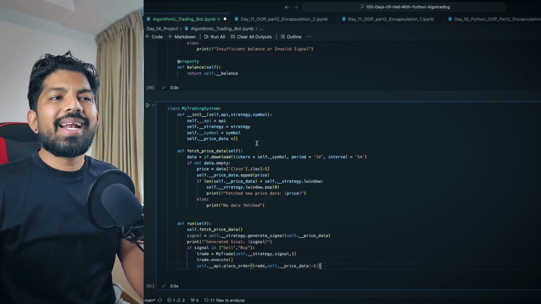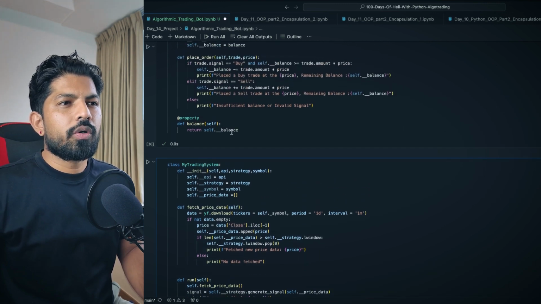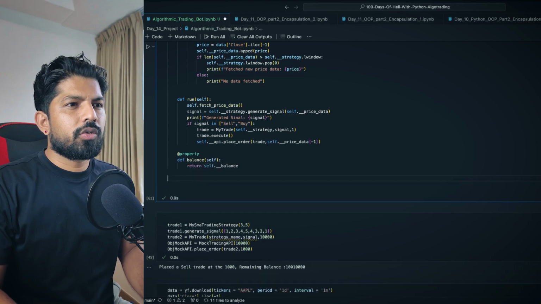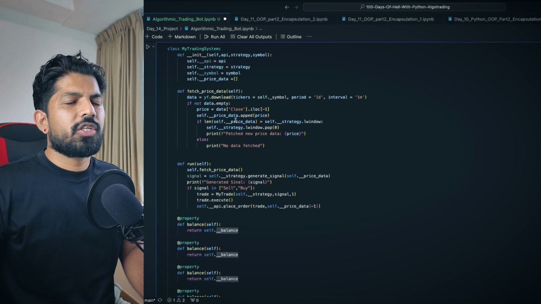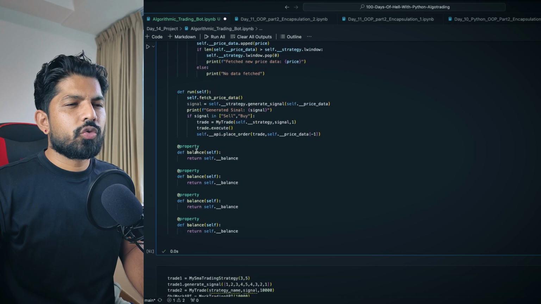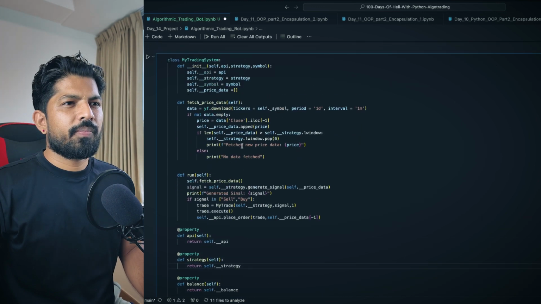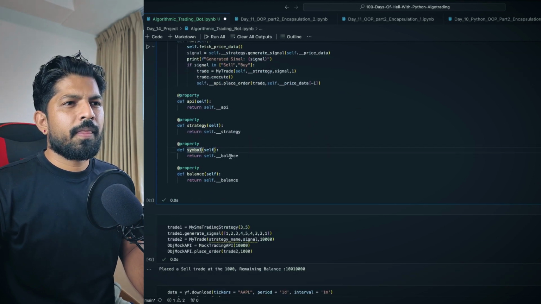Now we'll create the same for these private attributes. We'll create the getter methods. So I'll just go here and copy and paste this quickly. I'll paste here 1, 2, 3 and 4. And now let's take these values as this is the API. So I'll go ahead and change this to API, and this is also API. Again, this is strategy. So and strategy, and now this is symbol. So I'll change it to symbol.